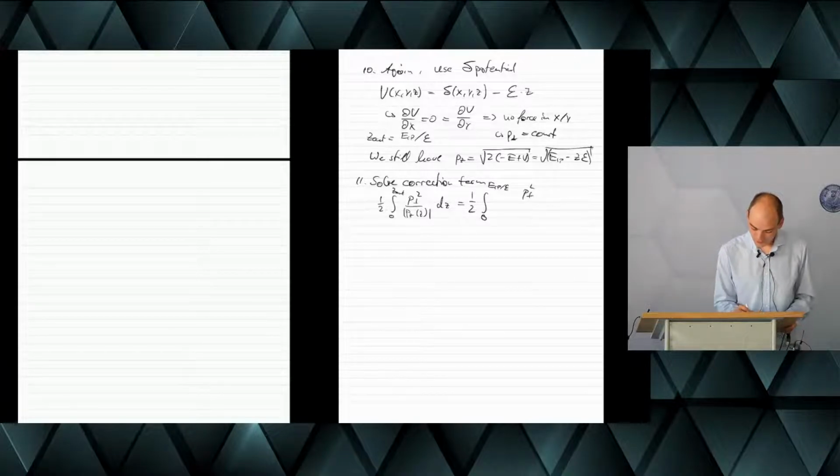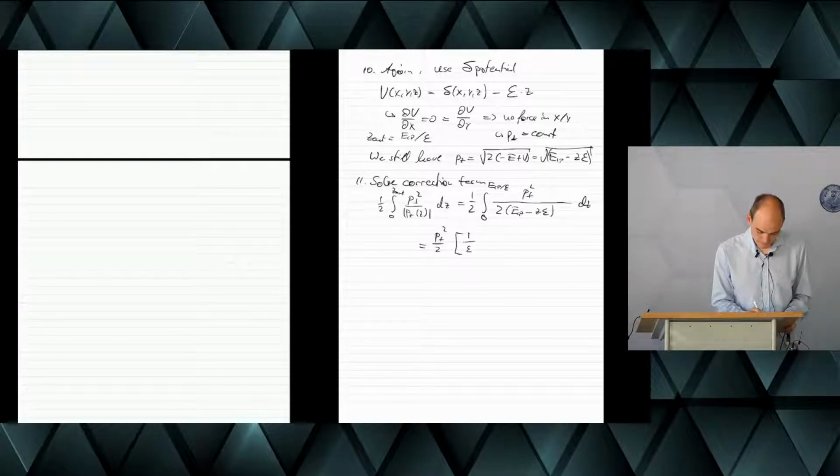P perpendicular squared. Now we plug in this expression here for pz, 2 EIP minus ZE, dz. Since the perpendicular momentum is constant, we drag it in front of the integral, and then we solve the integral and obtain